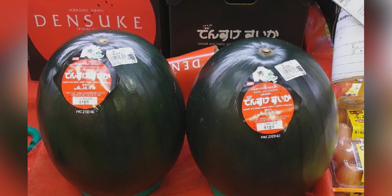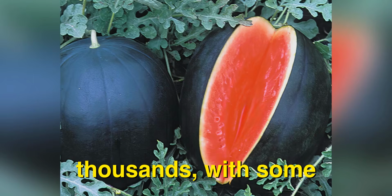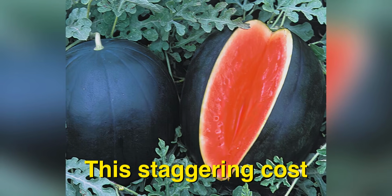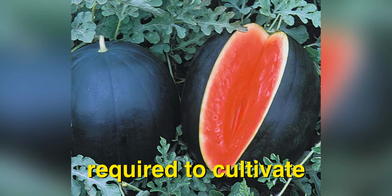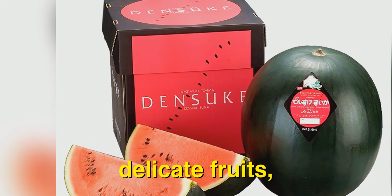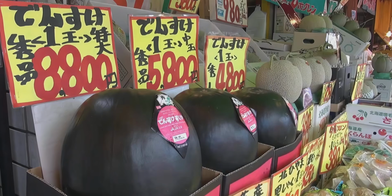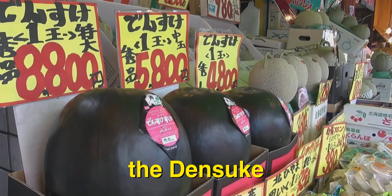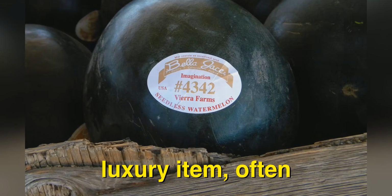of mystique around it. Prices for these coveted fruits can soar into the thousands, with some reaching over $6,000 for a single fruit. This staggering cost stems from their scarcity and the meticulous care required to cultivate them. Farmers dedicate themselves to nurturing these delicate fruits, ensuring they receive the perfect balance of water and sunlight while skillfully protecting them from pests. Consequently, the Densuke watermelon is not just a delicious treat, but also a luxury item, often